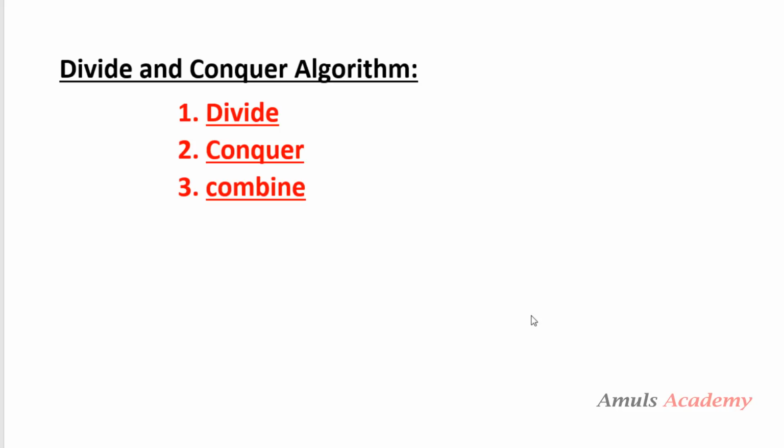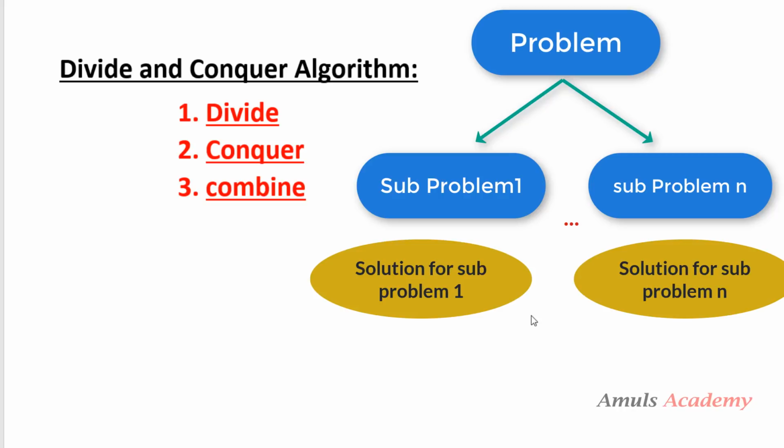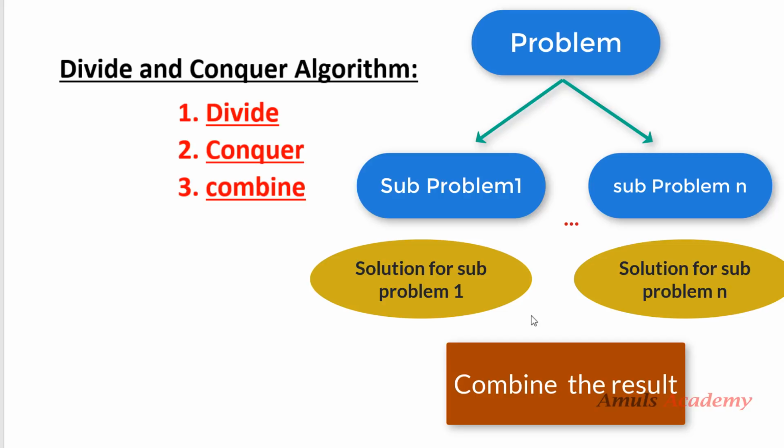Divide and conquer is nothing but we divide a problem into subproblems, then we solve them. In the divide and conquer rule there are 3 steps. First is divide, second is conquer, third is combine. In the divide step we divide the problem into subproblems, so in the case of a list we divide the list into sublists. In the conquer step, we find the solution for the sublist or subproblem recursively. In the combine step, we combine the solutions for the subproblems into the solution for the problem.